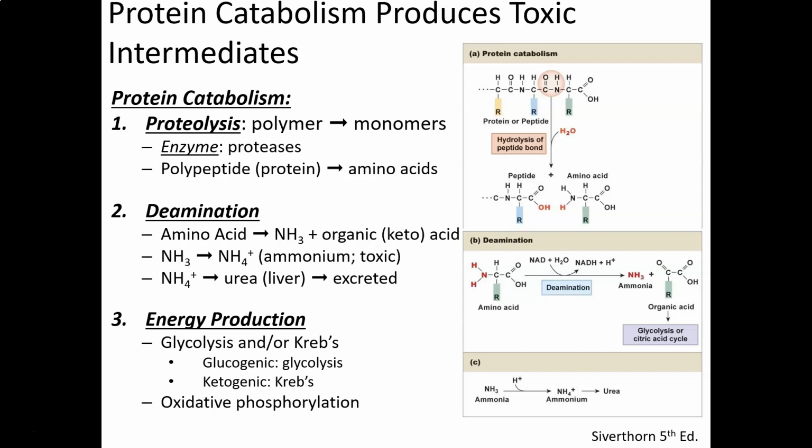I mentioned in a previous video that humans can make excess carbohydrate into lipid, but we can't reverse it because we don't have the enzymes. So we can't make lipids into carbohydrate, even if it was originally a carbohydrate, right? We can't go backwards. So if we run out of carbohydrate fuel, and we really can't store that much carbohydrate relative to lipid,